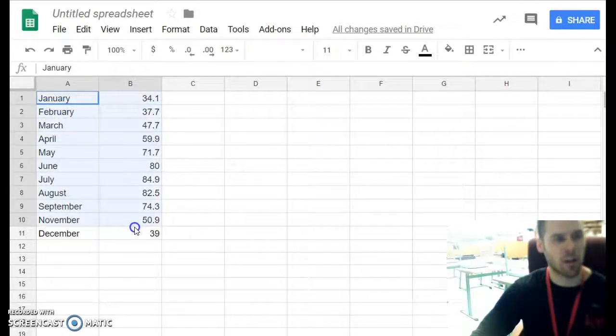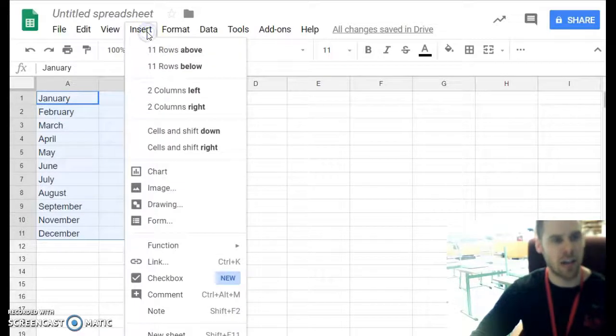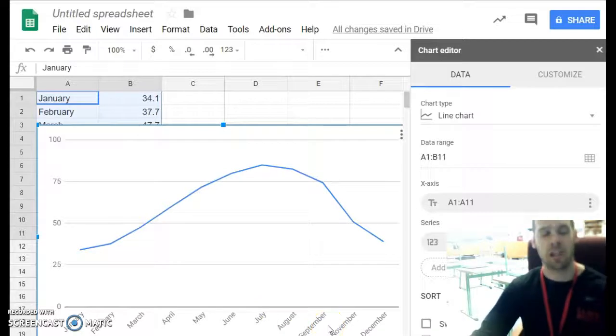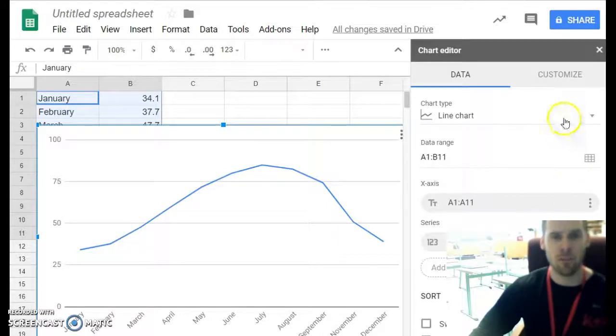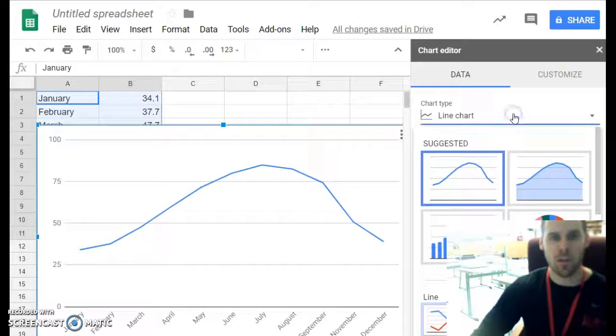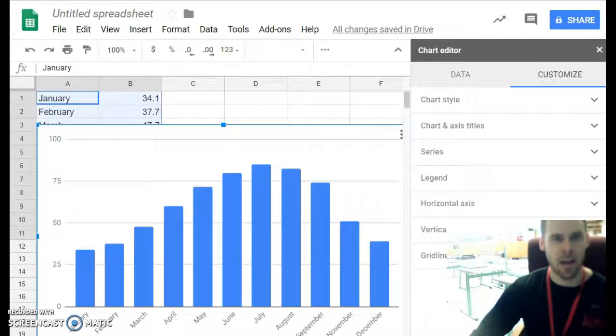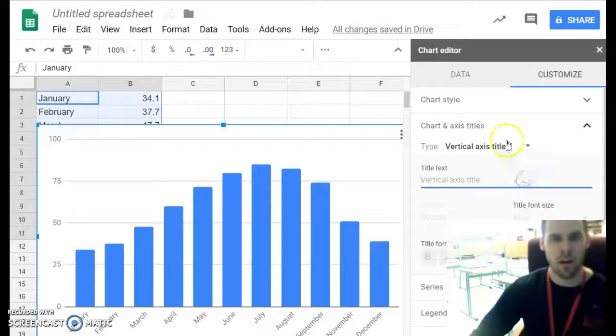So when I'm ready to make my graph, I'm going to highlight all of my data, go to the Insert tab, click on Chart, and because this is a qualitative set of data or characteristics such as the month, a year for this case, we could do eye color, hair color, favorite sport, whatever type of qualitative set of data that we would be using, we want to make sure that we are using a bar graph, which would work fine. And now all that is left for me to do is go ahead and add my vertical axis